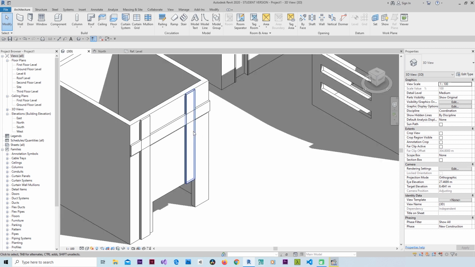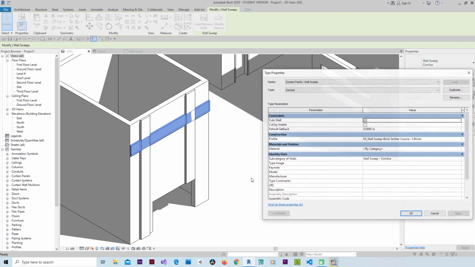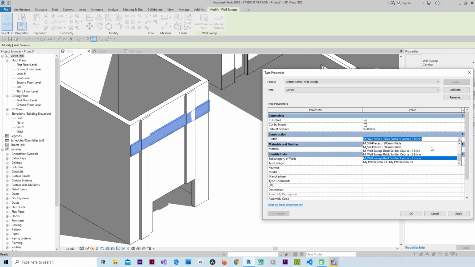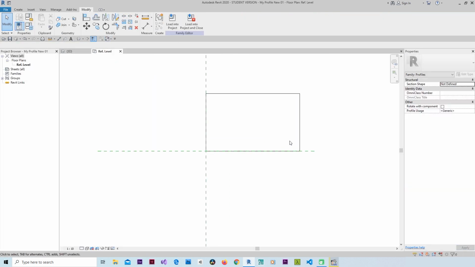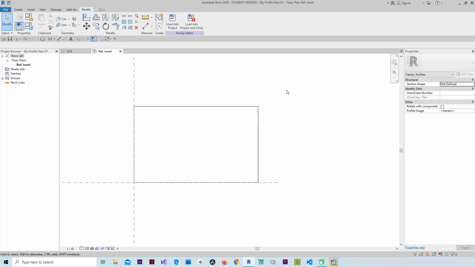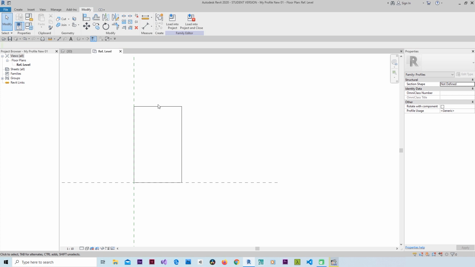If I want to use it, I have to go to any sweep and go to properties, edit type, or edit type from here, profile, and I can select here and search for the name which I entered, my profile new 01. Okay, it will be like this. I can also edit on it, so I will go to my family and change it. I can, like this, and